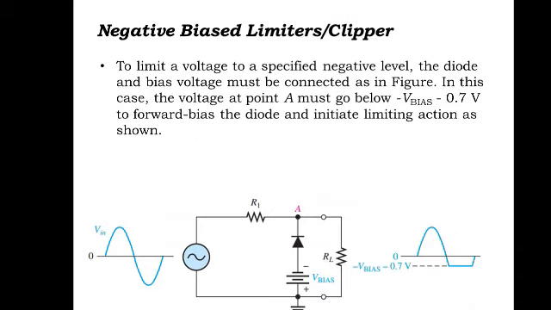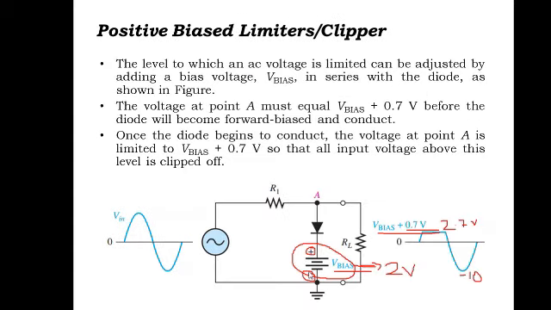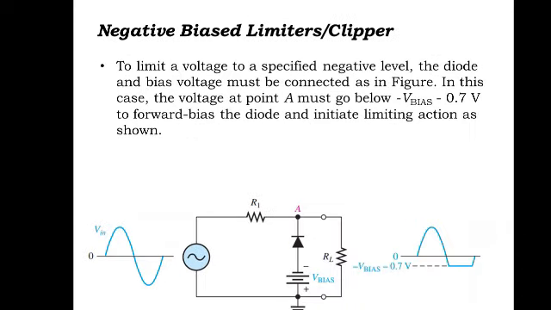So that will be the same case for the negative biased clipper also. In the negative biased clipper, the connections are as shown, and have a look at the battery terminals. In the previous case, positive is connected to the cathode of the diode. The diode is turned around in the negative clipper, and the polarity of the supply is again different here, right? So these are all the things to be taken care of while doing the simulation also.